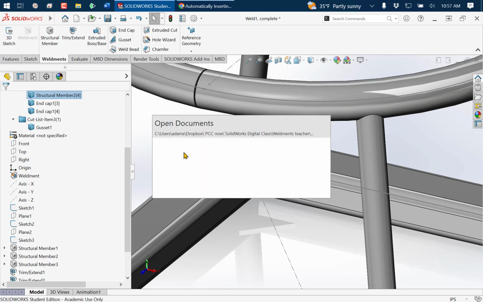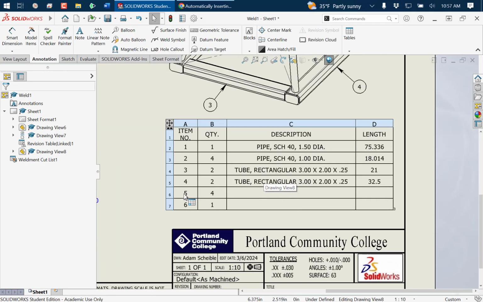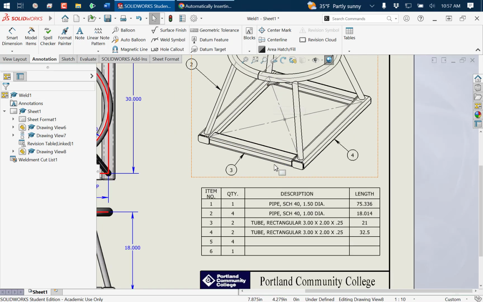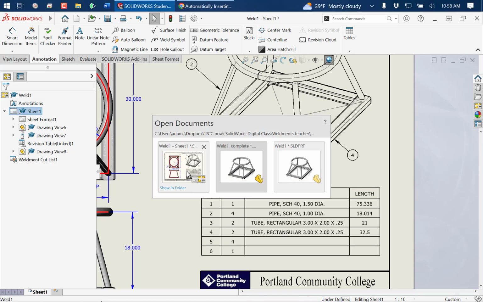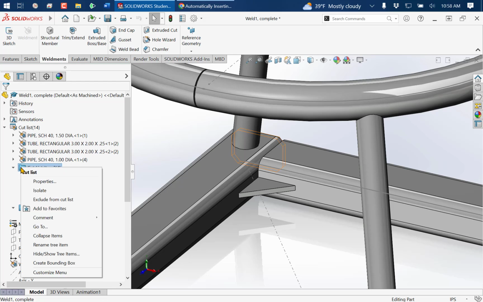However, when we return to the drawing, we will see that there's item number 5, quantity 4, which is my end caps. And there's item number 6, quantity 1, which is my newly added gusset. I'd like to get some descriptor in there so that we know what it is. Well, the easiest way to do this is to click on the cut list folder for that item and select